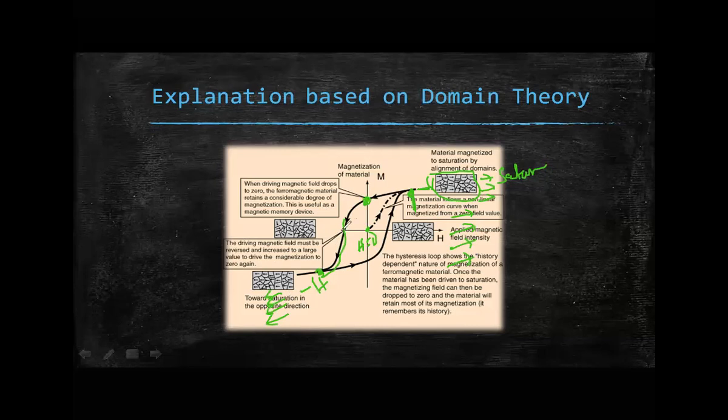Okay. How about here? They are completely randomly aligned. M is equal to 0. Okay. M is equal to 0. Okay. So coming to the